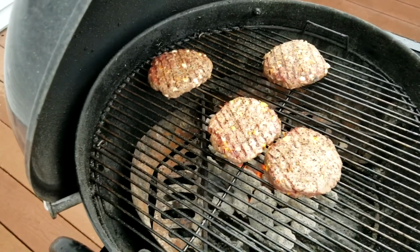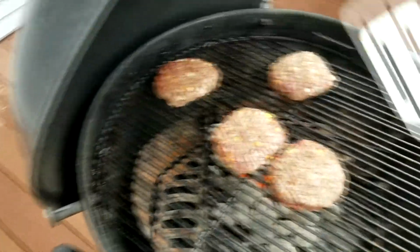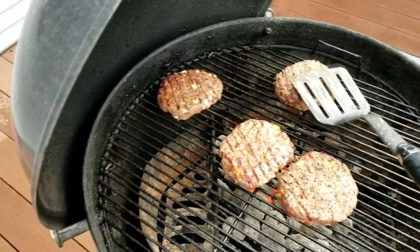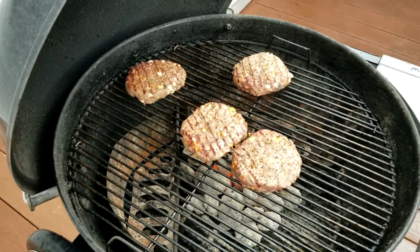Now, this burger is going to be mine. This one's going to be my wife's, and these two will be my brother-in-law's. So this one could stay medium, and this one could stay medium, but I have to make sure these two are cooked properly. Now, the other thing you noticed, because this is a brisket, it's a slightly firmer piece